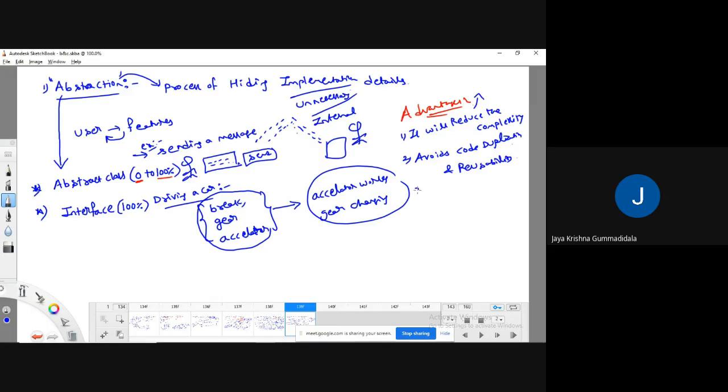It also helps to improve the security of the application. That is what we are saying about abstraction, that we are going to show only the important details to the user. That is one of the advantages of abstract classes. So this is all about the concept of abstract classes.